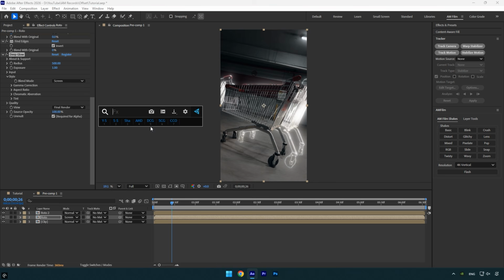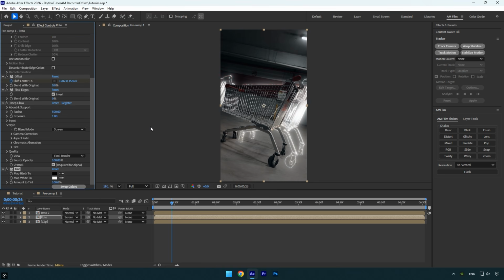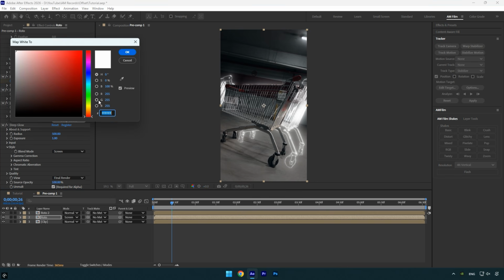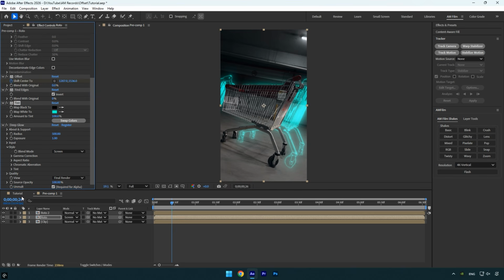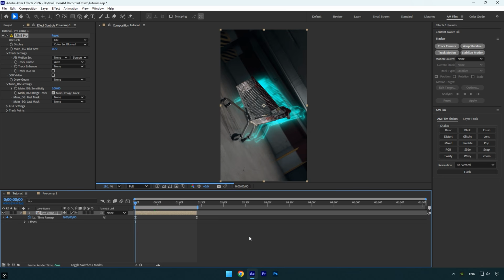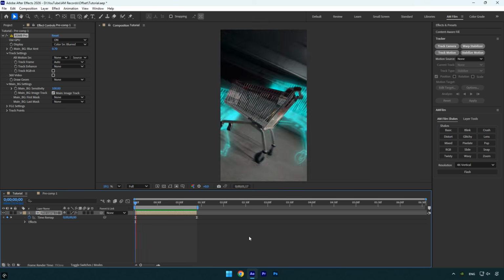To customize the colors, apply a tint effect to the Roto layer. Make sure to place the tint effect above the glow in the effects panel so the glow follows the new color. Then change Map White to any color you prefer. Once you're happy with the adjustments, go back to the main composition, preview the result one more time, and that's it. The old school effect is complete and fully